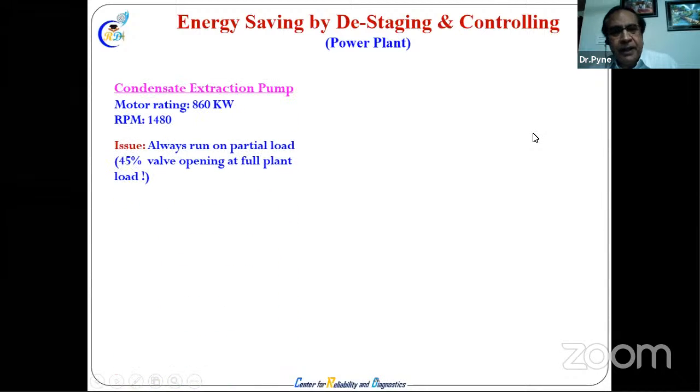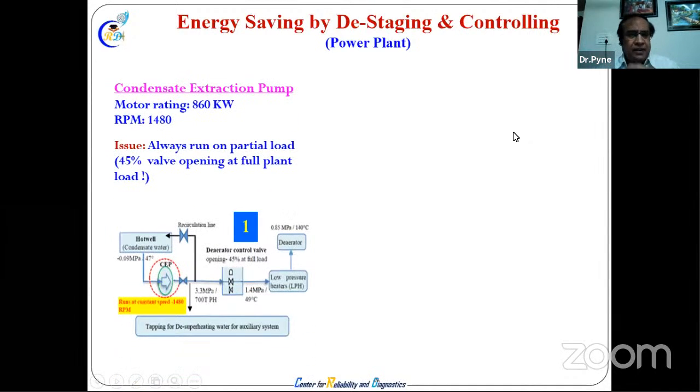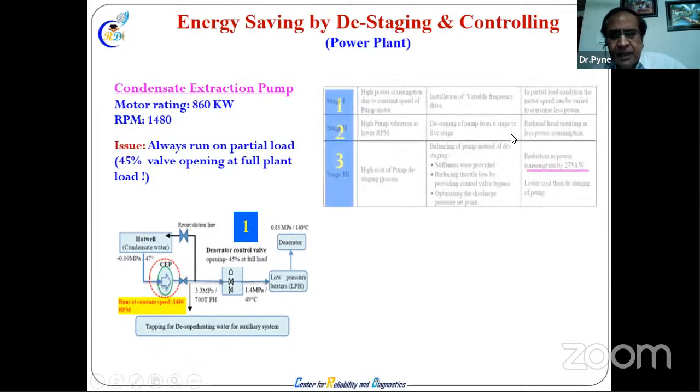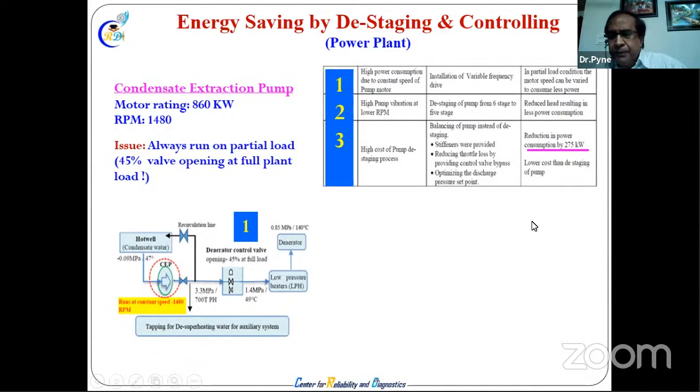Okay, so in energy saving in a power plant energy area, there is a number of stages they have taken a view, and a lot of problem was there in this pump, 860 kilowatt. Okay, the requirement is 50%. Can you imagine? Requirement is 50%. Can you start a machine like this? That means there is an engineering issue. I'm not telling it the wrong way to say somebody is capable, but we should think that we want 50% partial load, but you want a pump like this, means the total decision was wrong. But once the machine has come, what to do? The promoter has to run the factory, right?